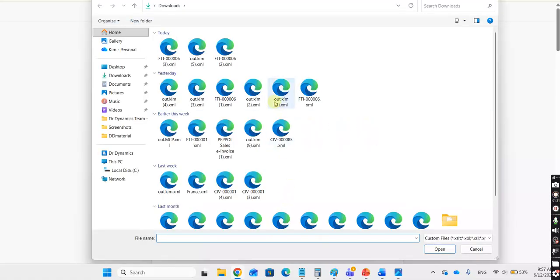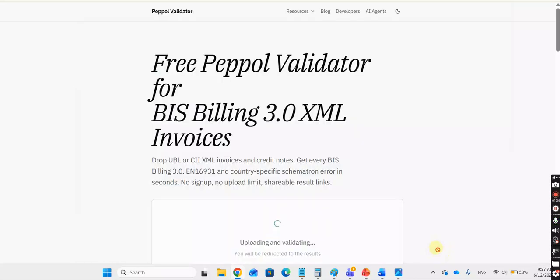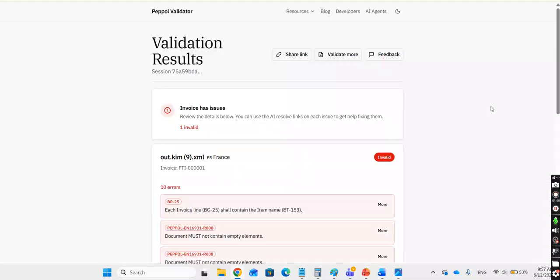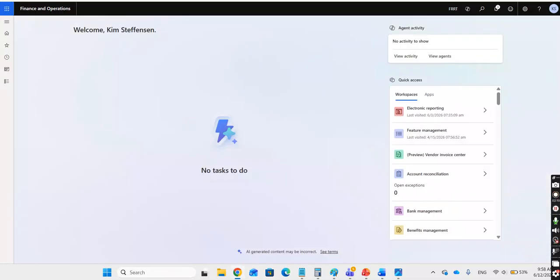And I can run here a validation for an invoice. And this works very well in principle. You can see when I load the XML, it will tell me what the problems are with this XML. But if you have many invoices, it is cumbersome to load them one by one. And secondly, maybe you don't want to upload your private data outside of your organization. So instead, we have our validator, and this validator will do a similar validation,